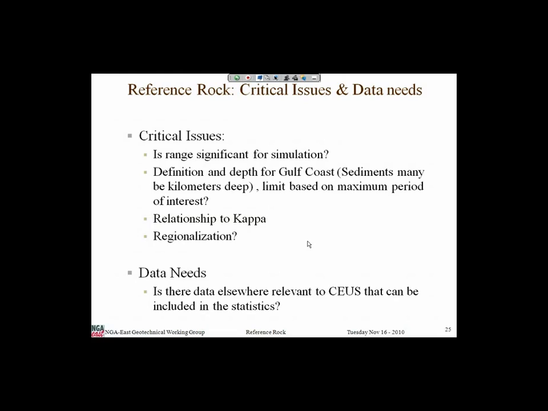Yeah, Ken Campbell. I think the idea of having a range is a very good idea for the reasons that the practitioners brought up. They're in the trenches every day. They know how this stuff is used and misused. So I think it's a very good idea. However, I don't think the geotechnical working group is the one to be able to characterize that. I think it's got to be the simulation group that tells us what kind of additional uncertainty we need to incorporate in order to say we're going to adopt this range. And the wider that range, the larger that uncertainty should be. So there's a trade-off, and I think that's a pass-off from the simulation group.